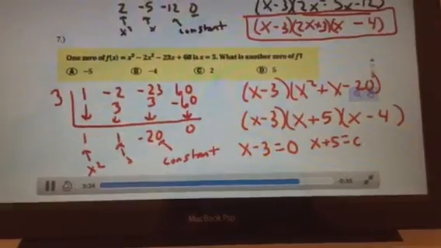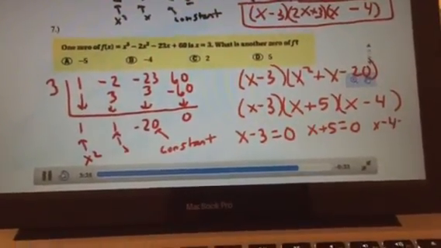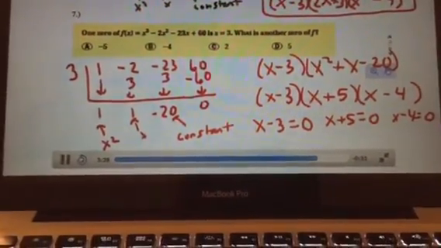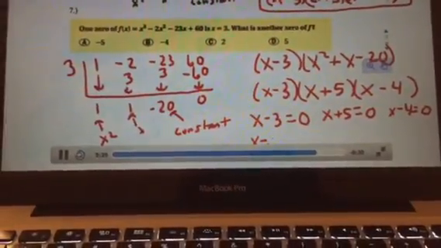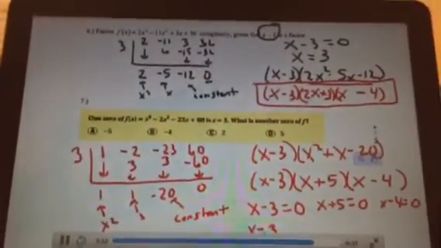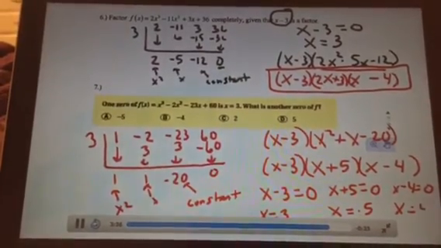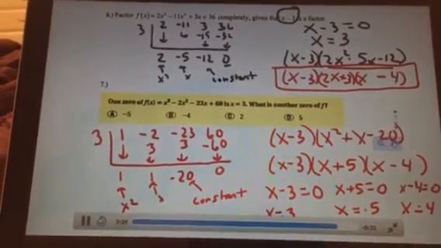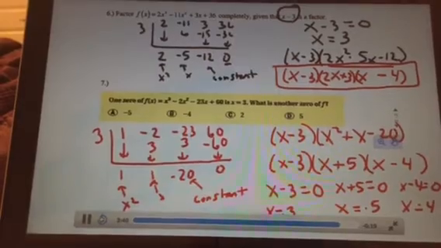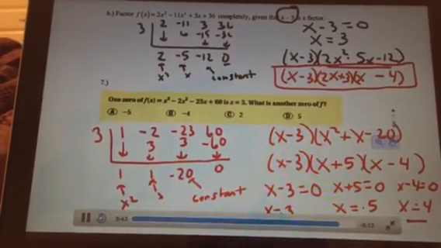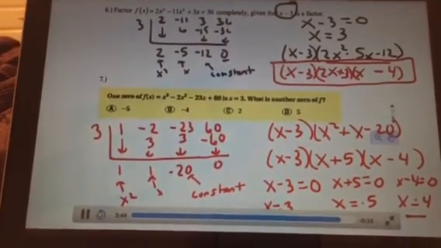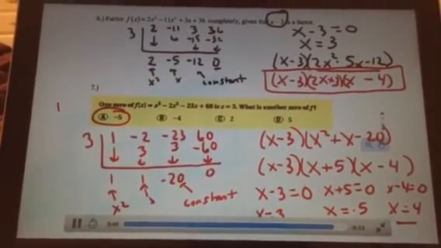I can determine the zeros of this polynomial, which is our ultimate goal in this unit, to be able to solve any given polynomial. And to solve means to find the zeros, or the x-intercepts. So, they already told us about the 3. We just got negative 5 and positive 4. Well, the only one that's here is the negative 5. So the correct answer